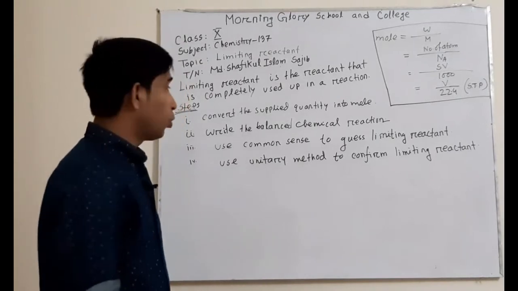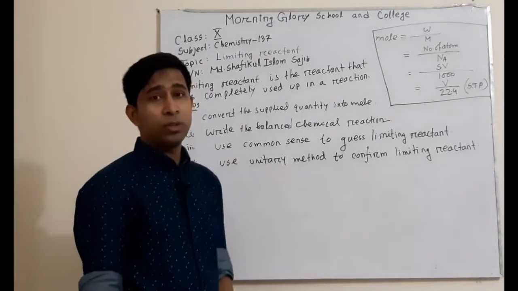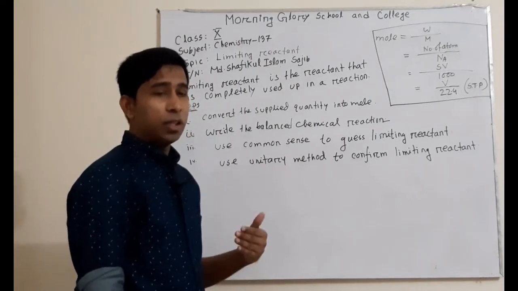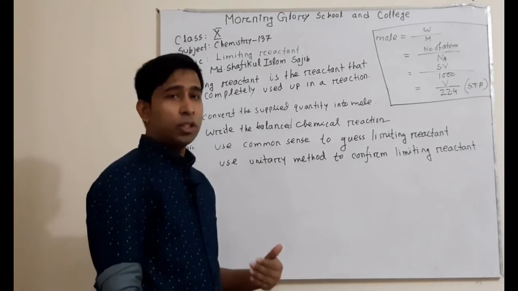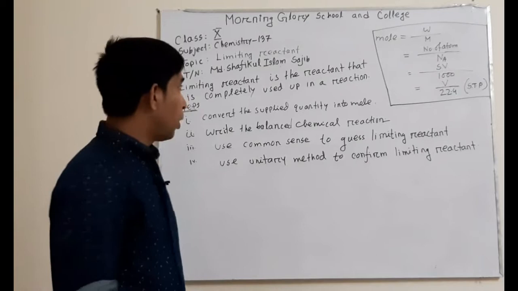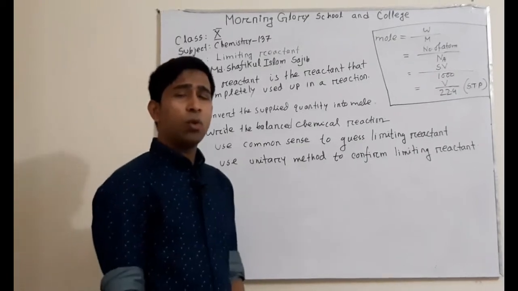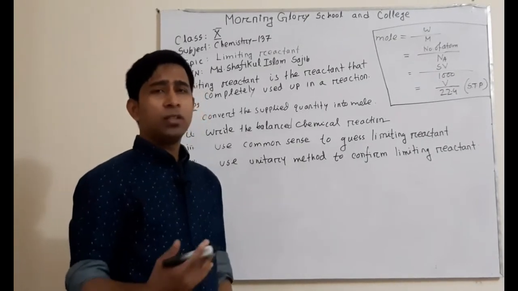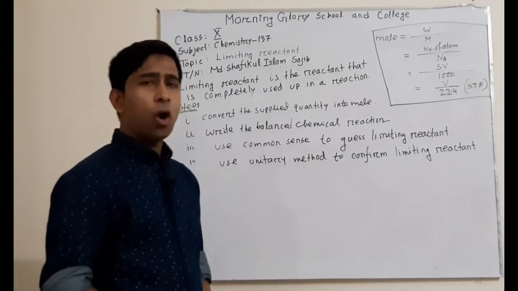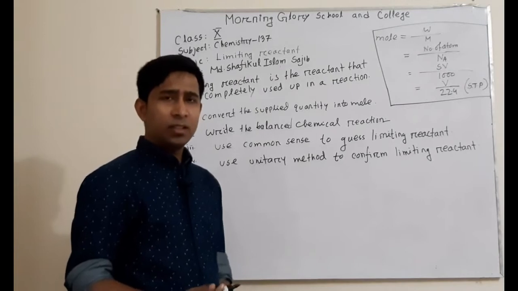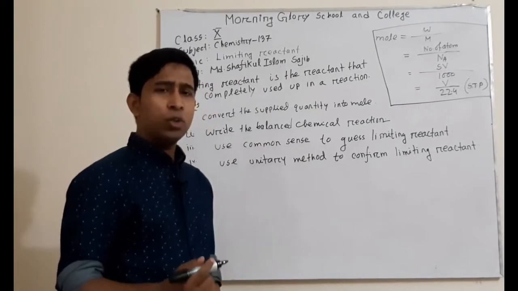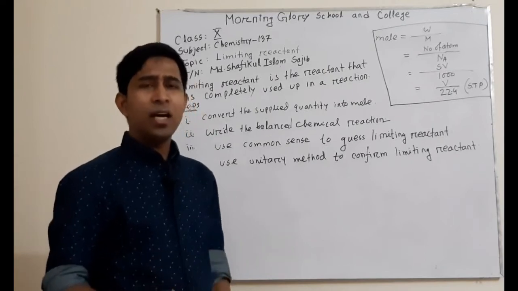Today I am going to discuss a topic, limiting reactant. This topic is the most important topic of this chapter, and this is the basis of the calculation from the chemical reaction. Normally we take more than one reactant. It can be one reactant, two reactants, three reactants, and we get the product. But we need to ensure the optimum use of the reactant. So, limiting reactant will be that reactant whose amount is comparatively less than the other.